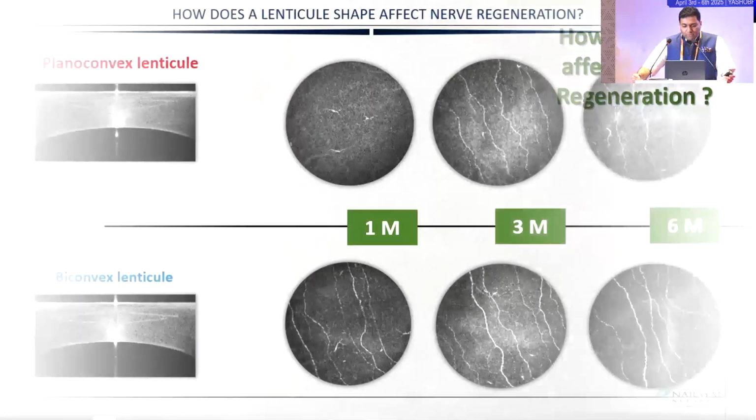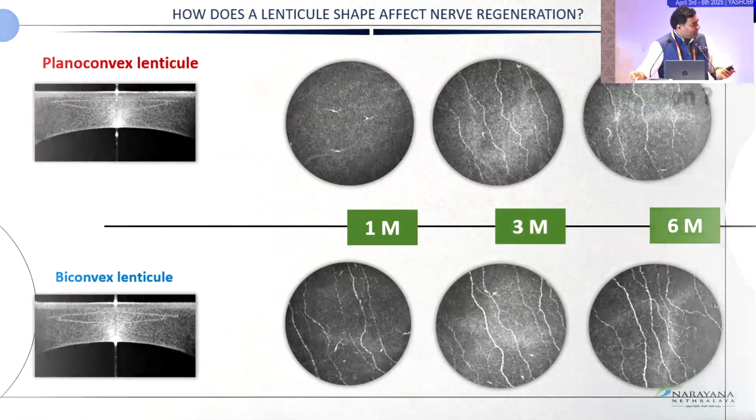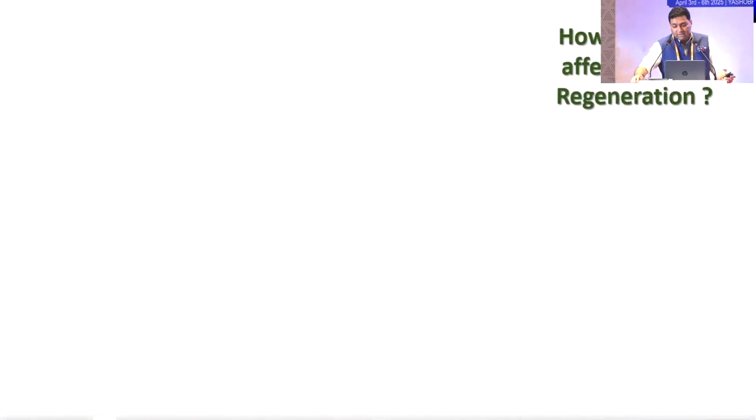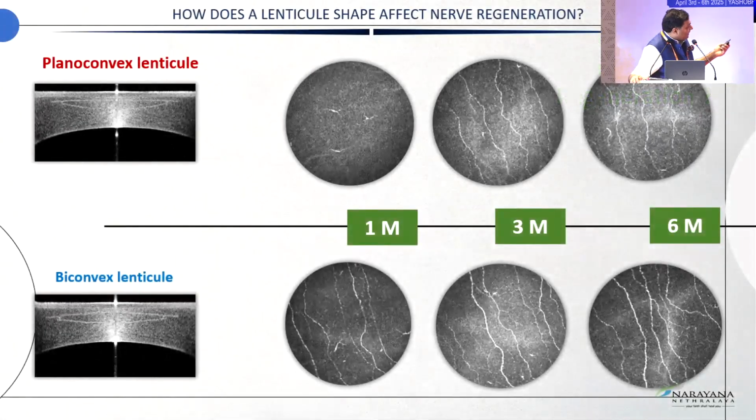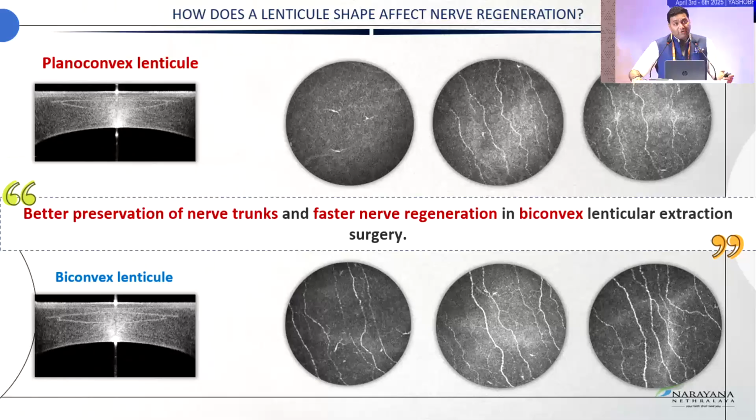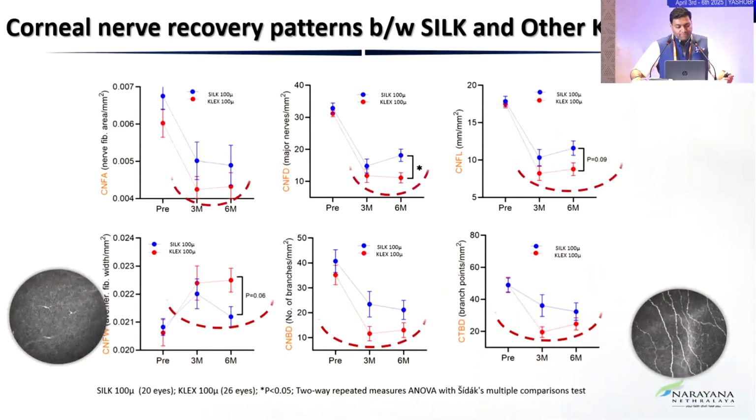So the most important thing, which is my favorite, is the power of corneal nerve regeneration, because when I compared the regeneration using confocal microscopy, all these papers are in some stage: some of them are in manuscript stage, some of them are in review, some of them have come back with comments. You can see that the regeneration is definitely faster. We are close to around 80 eyes now on this, and we feel that it has a potential to regenerate faster and give better nerve protection. And these are some